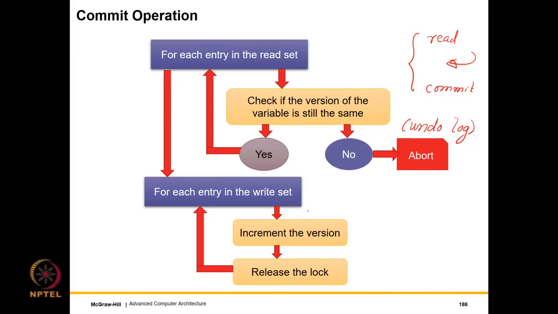The locking mechanism also ensures that the writes are mutually disjoint, the periods are disjoint. You can't write to the same variable by two threads at the same point of time because the second thread will never get the lock, right? And given that the second thread will never get the lock, you'll never have a write-write conflict. And the read-write conflicts can be detected by the version of the variable. So this is a simple idea.